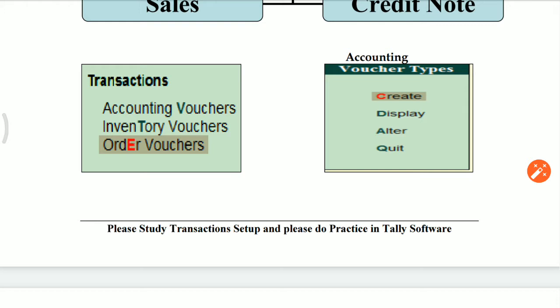Purchase order will be compared with the existing material supplied by the supplier, and sales order you will compare with your existing billing. Okay, now if you want to create the voucher, four options are available: create, display, alter, quit.